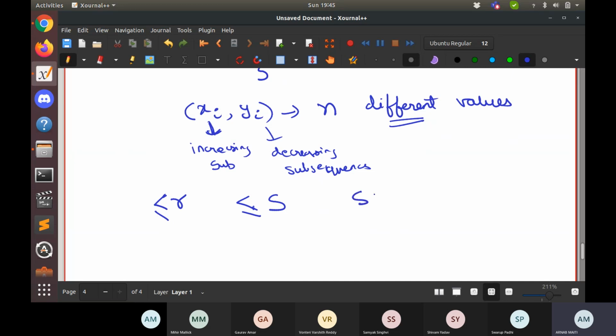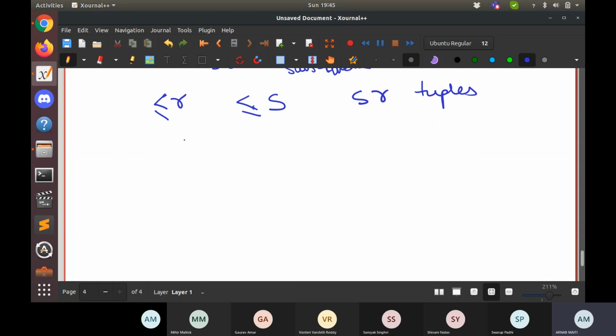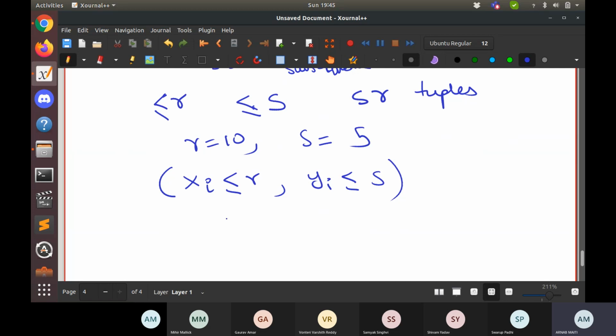You can form at most sr tuples. Say r is equal to 10 and s is equal to 5. Then how many tuples can you form such that xi is less than or equal to r and yi is less than or equal to s? It will be 10 into 5, so there will be 50 different tuples which you can form.